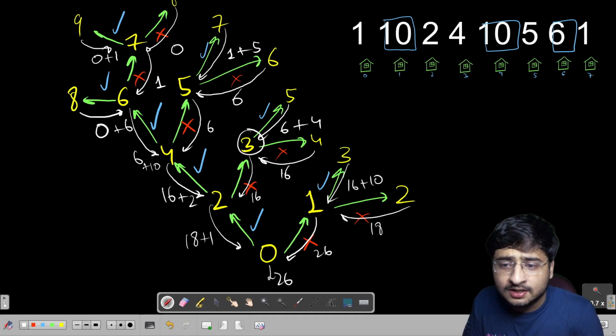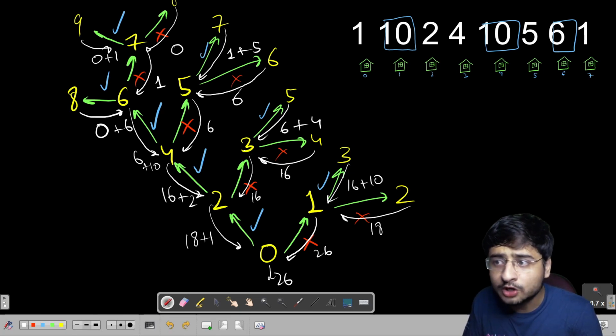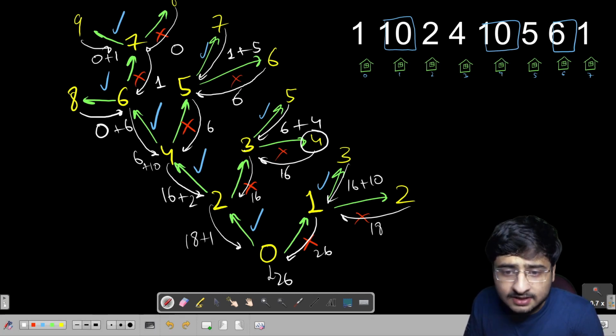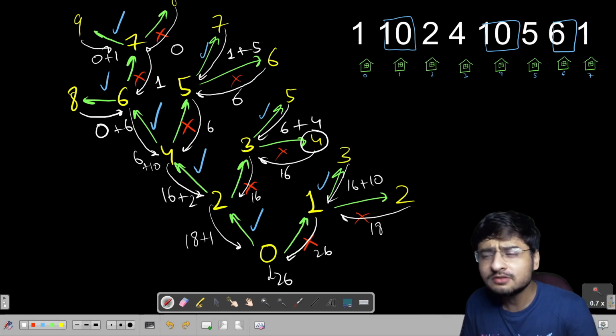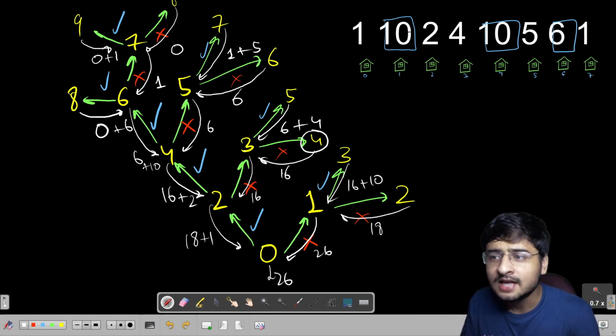What happens in the case of 3? 3 is getting the best answer from not getting robbed, right? From the 4th index itself, right? Now how is 4 getting it? 4 is getting the best answer after getting robbed, correct? So can you see we have actually calculated the best answer, and we are ensuring that no two adjacent houses